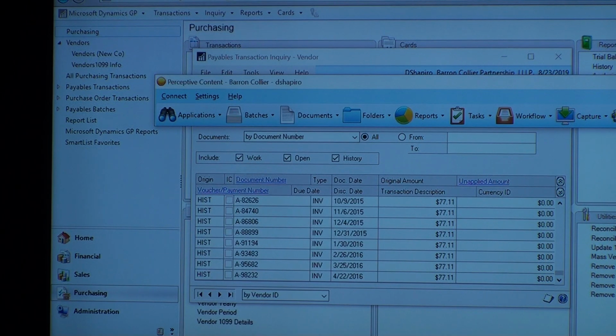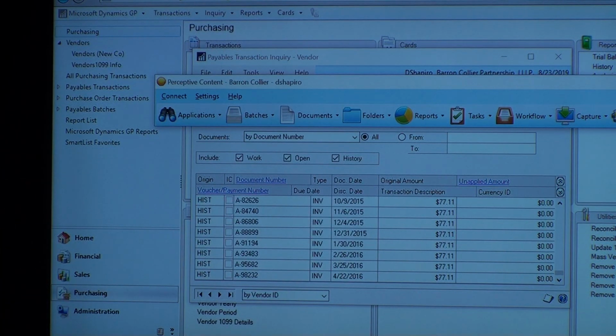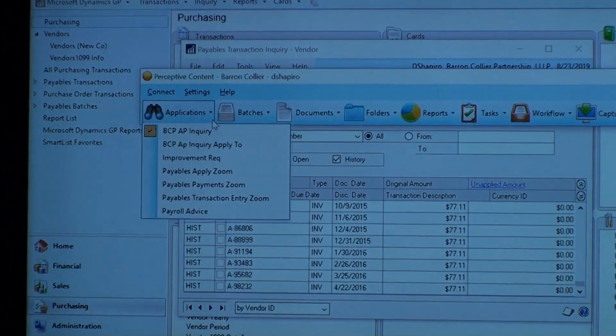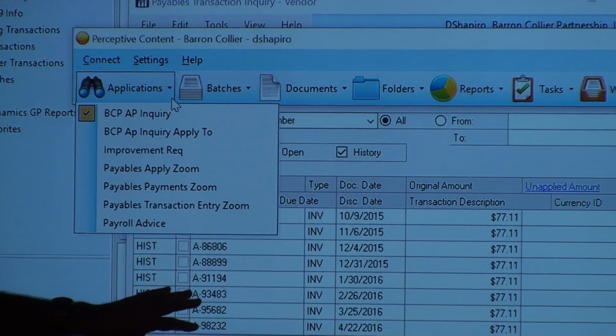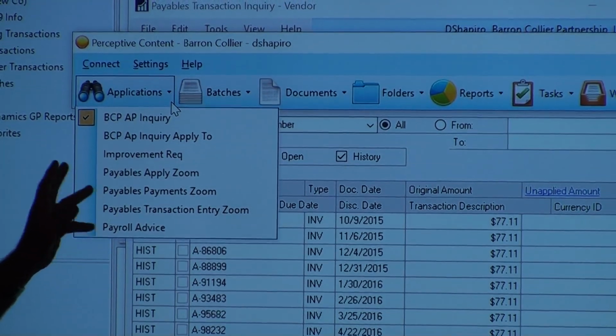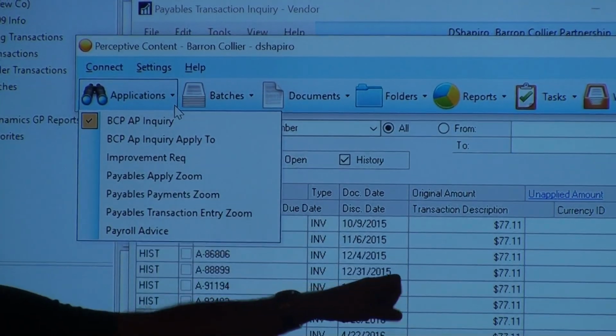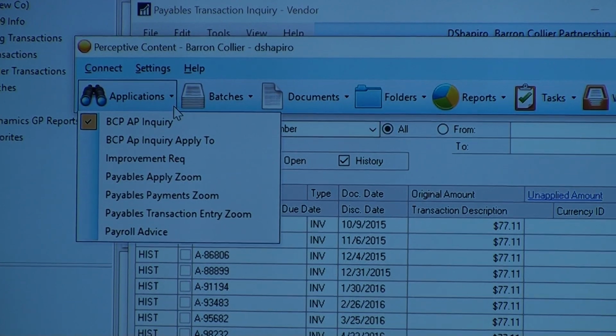But let's now take you over into Perceptive Content, Image Now. Has anybody ever done anything with this little button here? No. Here's what I'm about to teach you. So, hopefully I've given you... This is Image Now magic. Based on the screen that you have open and what you're working on, we've built Image Now to look at where you are on that screen,